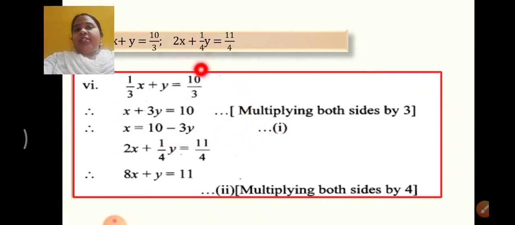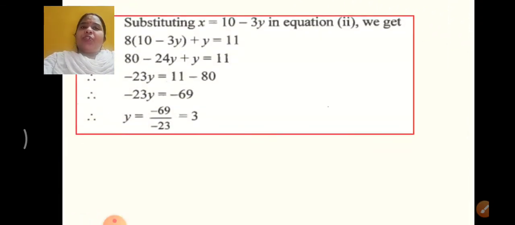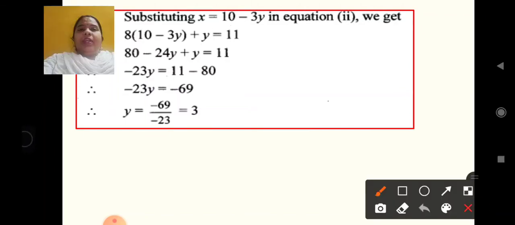Same way when I move to the next equation, as I have explained, multiply throughout by 4, it will become 8x plus y is equal to 11. Now what is to be done if I want to solve it by the substitution method? The x value, that is 10 minus 3y, I will substitute here. Nothing else I will do. I will substitute x is equal to 10 minus 3y here in equation number 2. So see this. After substitution, what we will get? It is x is equal to 10 minus 3y. Yes, I have substituted here. Remaining things as it is, plus y is equal to 11.